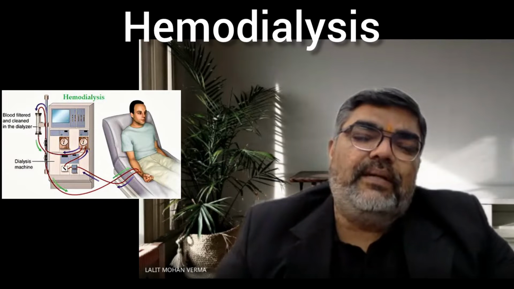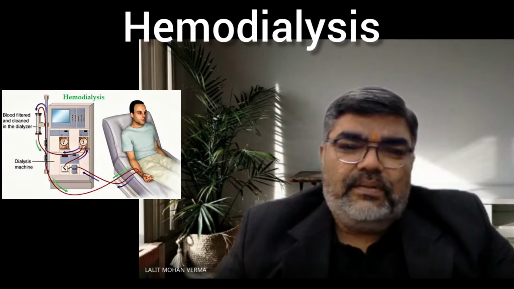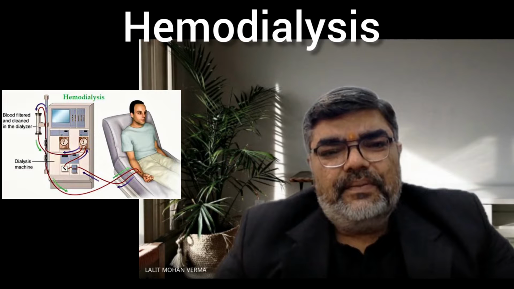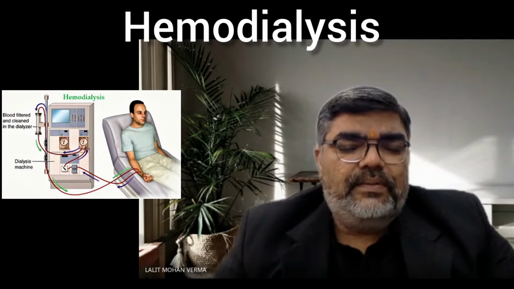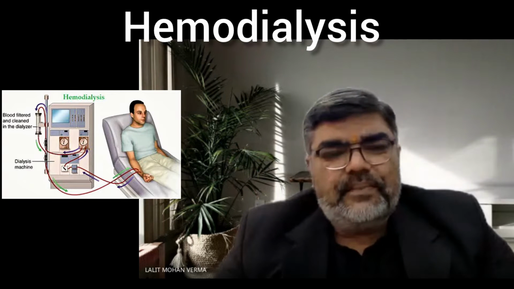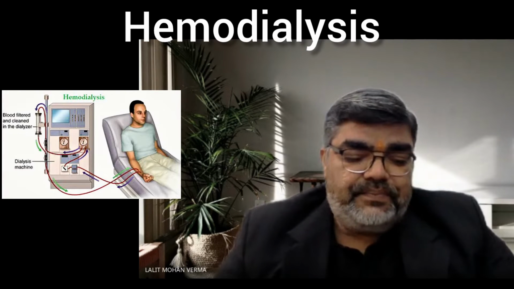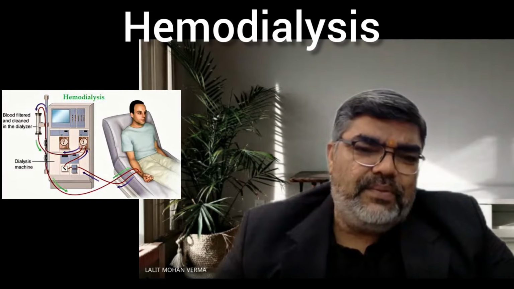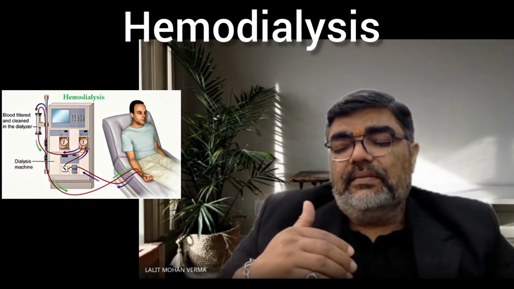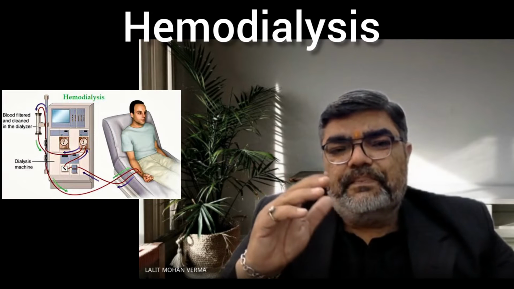Suppose a person is suffering from uremia, as I have discussed, the presence of urea more than the optimum quantity may prove harmful for the person. If a person is suffering from uremia, it may cause kidney failure. It is highly harmful for the patient. In such a patient, what to do? The removal of urea is necessary. Okay, so the urea from the blood of such a patient can be removed through a process that is called